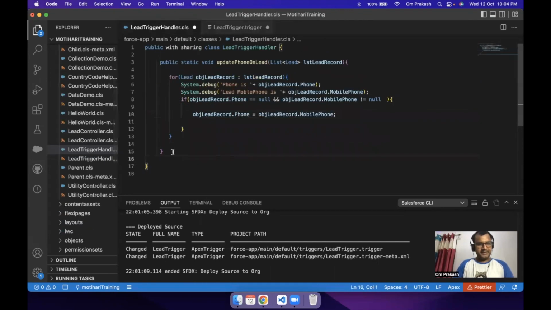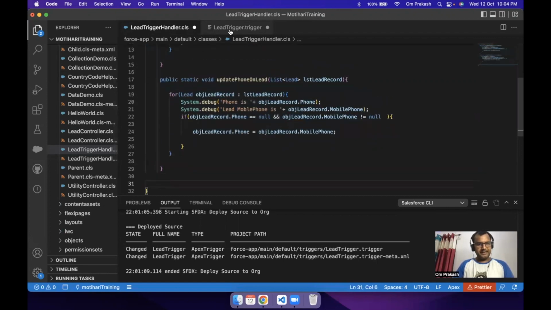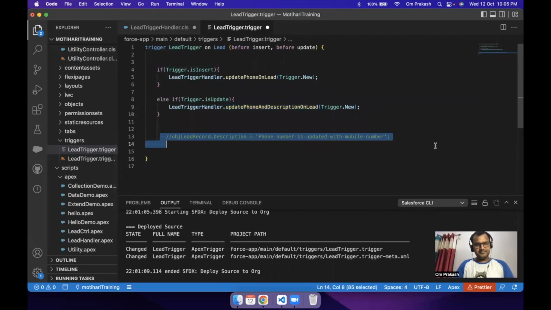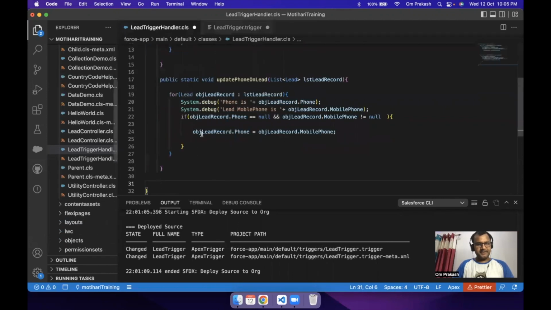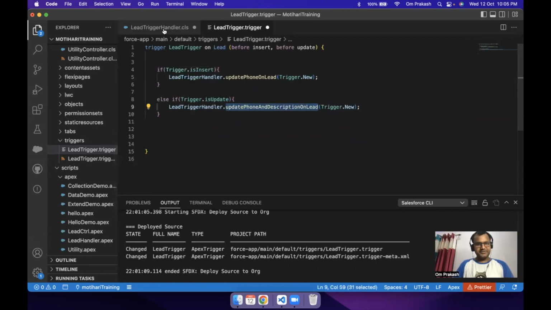Means I need a new method, and here in the newly created method I will also update description. Name of that method is